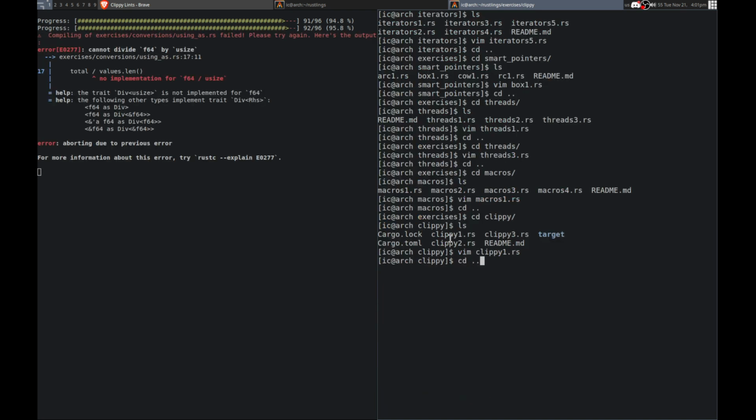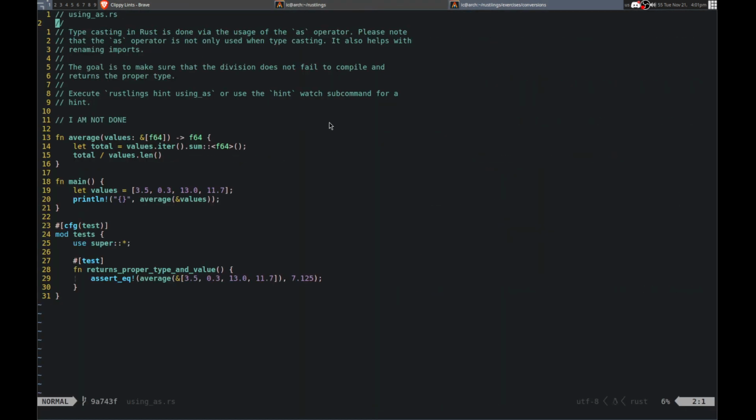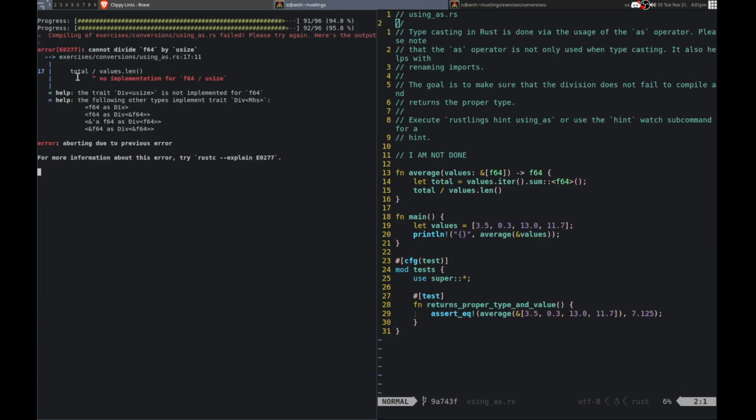Okay. Conversions. Let's see. So, using as. Alright, so let's see what we're doing. Okay. Typecasting in Rust is done by the use of the as operator. Please note that the as operator is not only used when typecasting, it also helps with renaming imports. The goal is to make sure that the division does not fail to compile and returns the proper type. Uh-huh. Alright, so